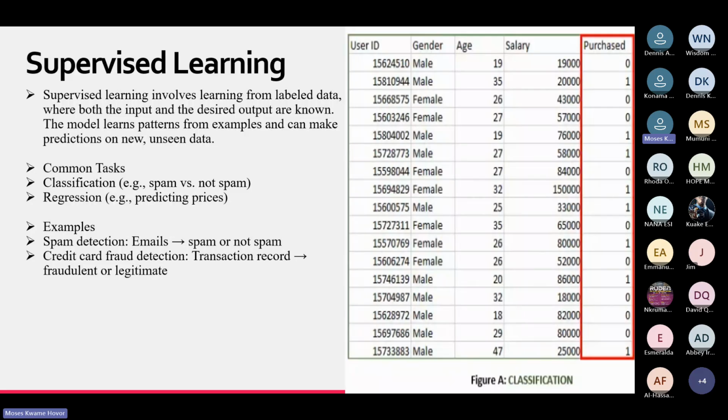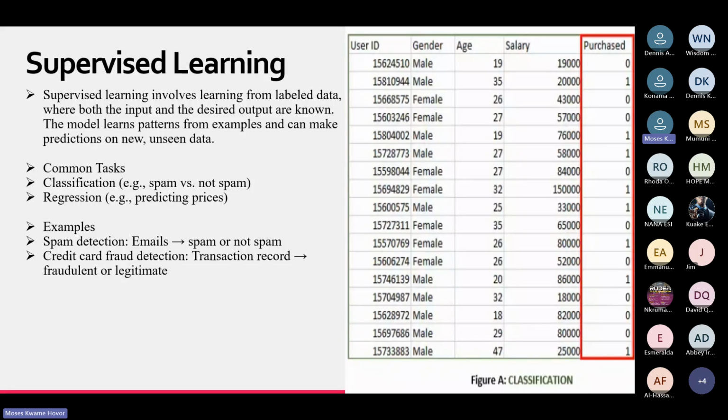If we have a lot of data, and an email has certain attributes, it is going to be classified as spam or not spam. Similarly, we will have data that, when given to an algorithm, helps us determine whether a transaction that went through is fraudulent or legitimate.